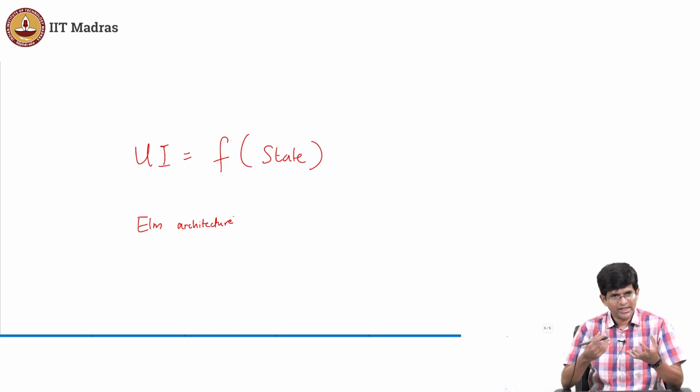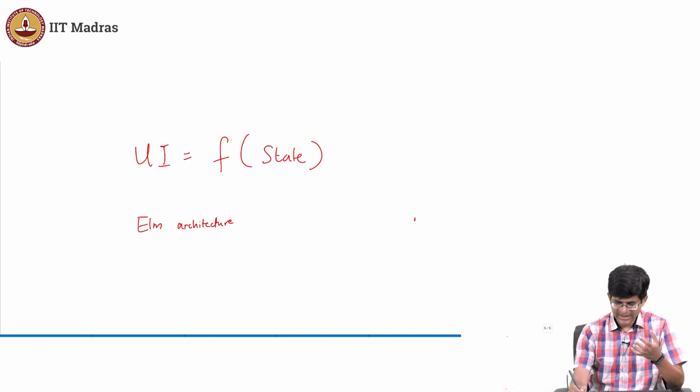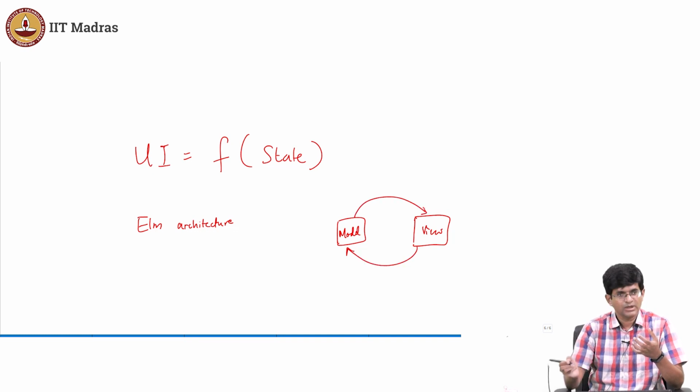Now the core idea behind it is again something very simple. It basically says that you have a view, and you have some kind of a model, and you have messages being passed between them. Elm is a heavily functional language. It basically has this notion of everything being just functions that are transforming. So if you think about it, that's what is happening. The view is basically providing you with certain inputs. They are being transformed with information about the state into something which needs to come back to the view.